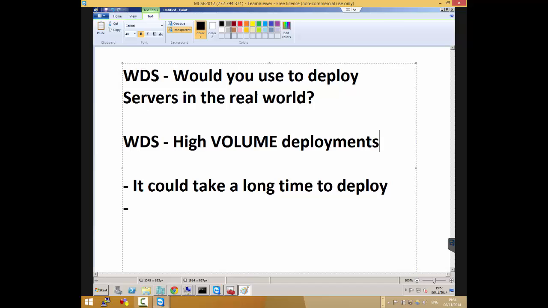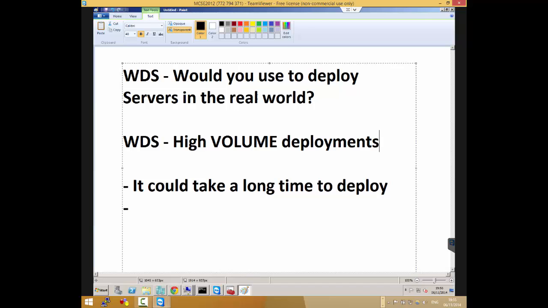And not only that, with clients you're constantly re-imaging this one and that one. The user comes and says, this one is not working yet, and we have the solution: let's just re-image it, and you'll be okay. So WDS is mainly built for high volume deployment. You're deploying something massively and frequently. But servers, you don't really deploy them.